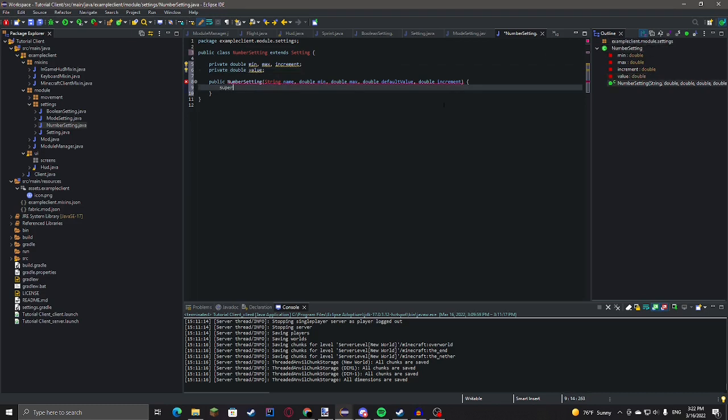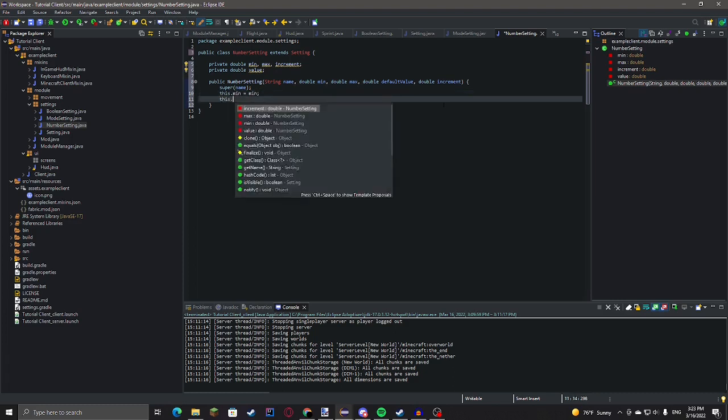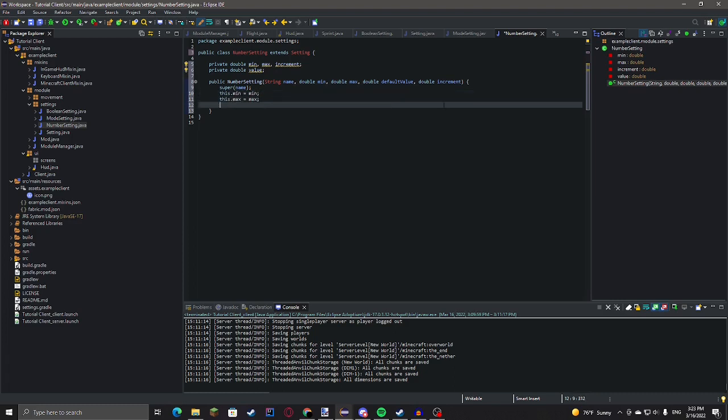Okay, super name, this dot min equals min, this dot max equals max, this dot value equals default value, and this dot increment equals increment.